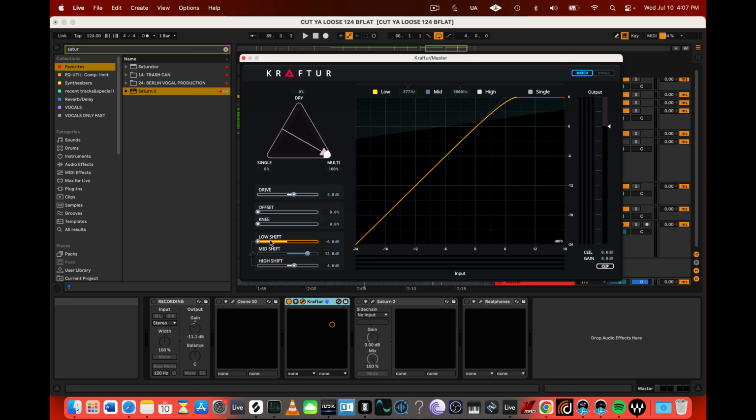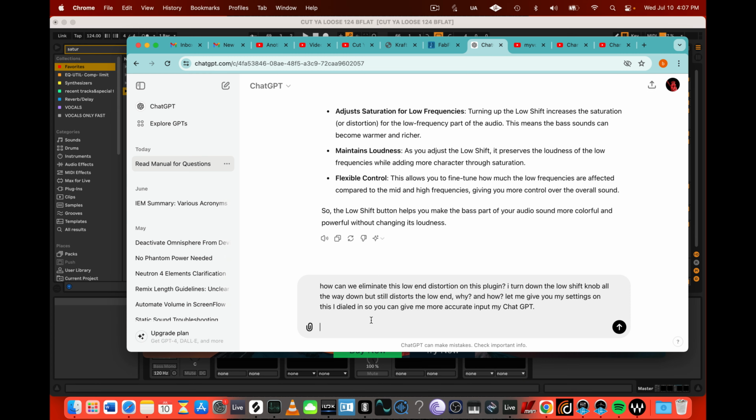It's ridiculous. Low shift, like change the name of the buttons. It doesn't make any sense. I feel like somebody just made this plugin. I feel like this person probably is not even a music engineer or anything. I feel like they just hired somebody and put random button names, because when you say low shift, it has a name on equalizers on the spectrum, like low shelf. You're shifting the low. What do you mean? Like, bro, find better names for the buttons. Doesn't make any sense to me as a user. Like, yeah, anyways, so